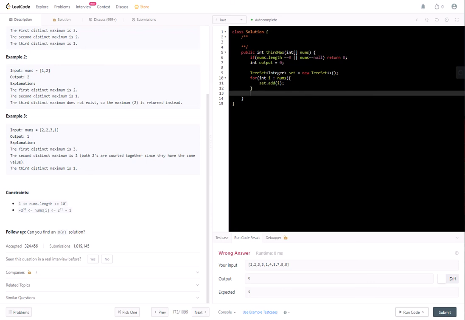We will need int finalIndex equals nums.length minus 3, but instead of 3 it would be minus 4. So what we do is for int i